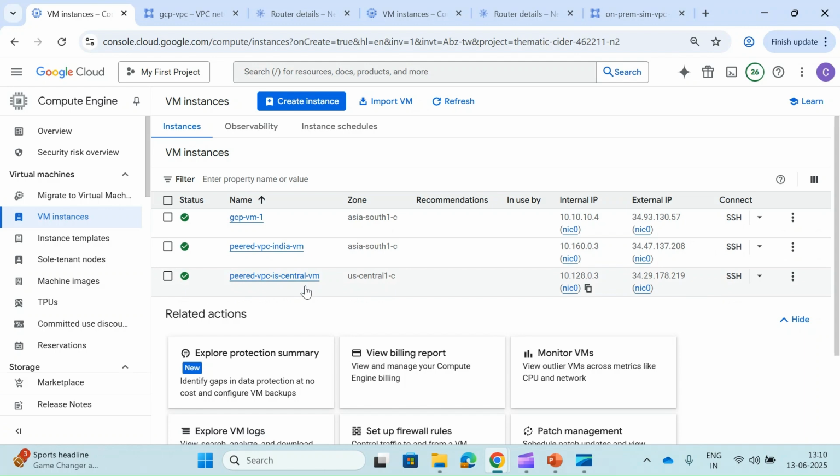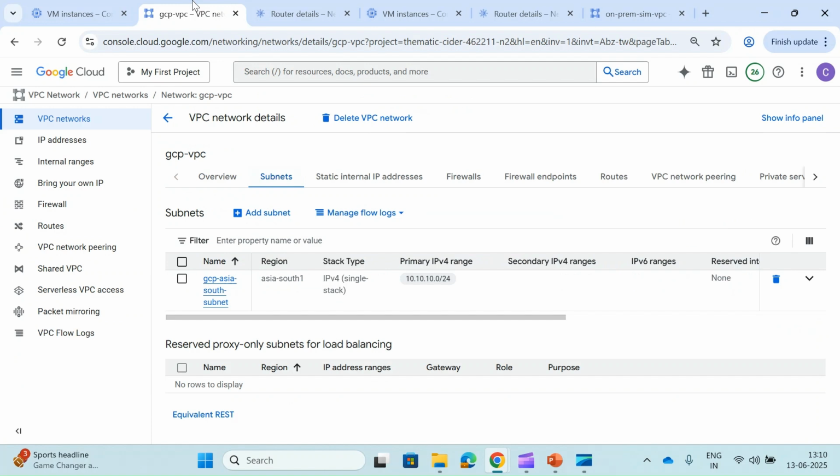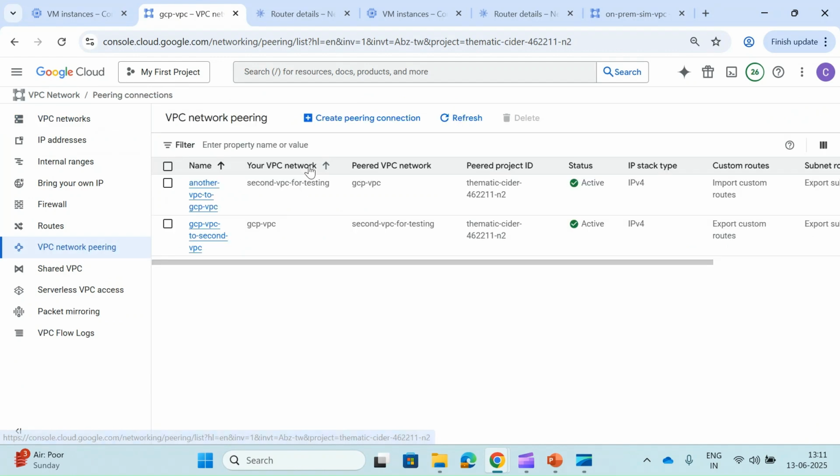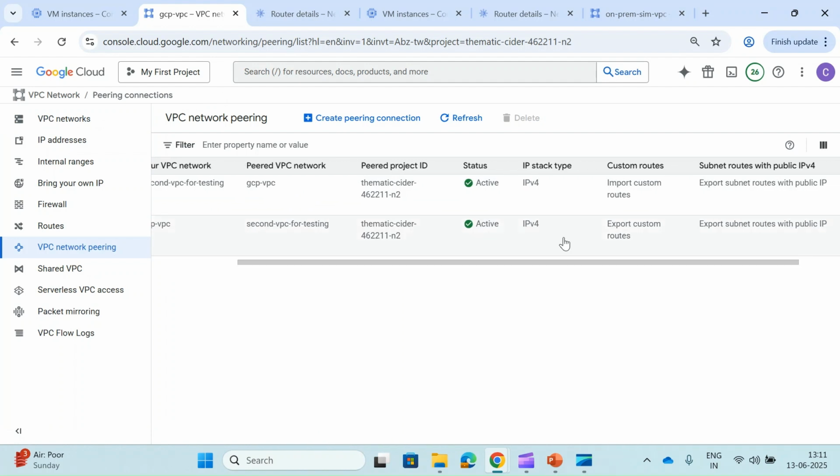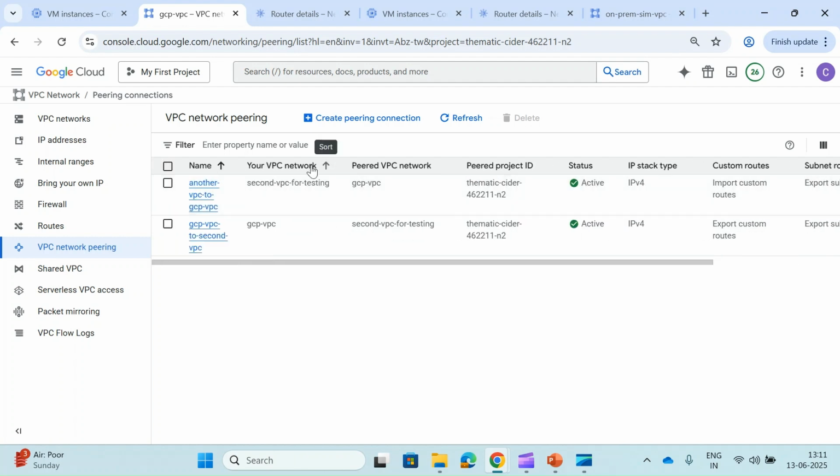If you sometimes get stuck, first of all you have to check the configuration of your VPC, whether it is regional or global. If it is global and still not reaching your peer networks, you can go to VPC network peering and check whether you are importing or exporting custom routes. If you are a peered VPC, check whether you are importing and exporting the correct routes. Like this, you have to check.